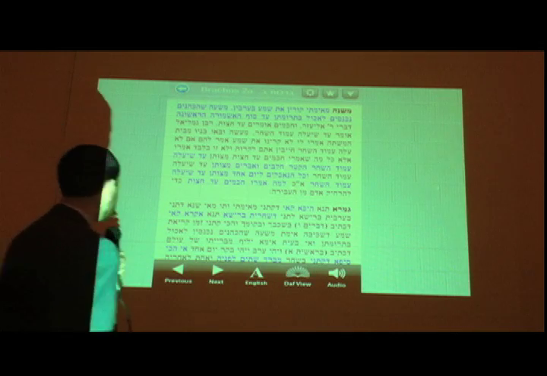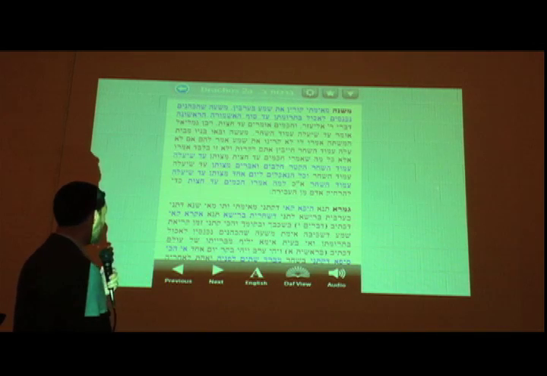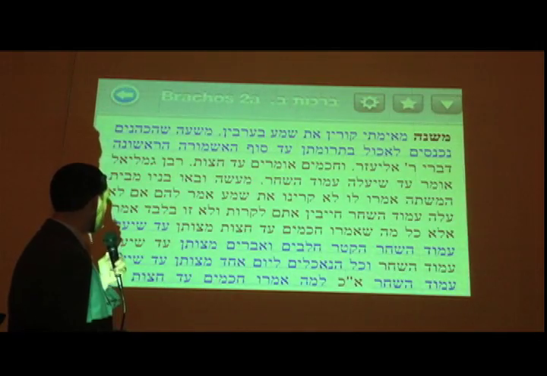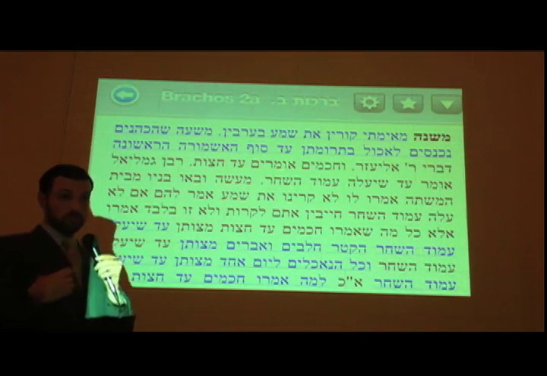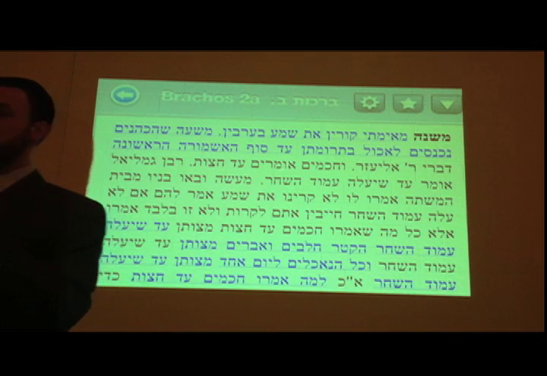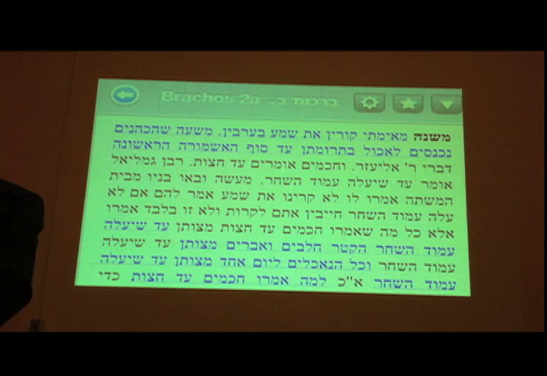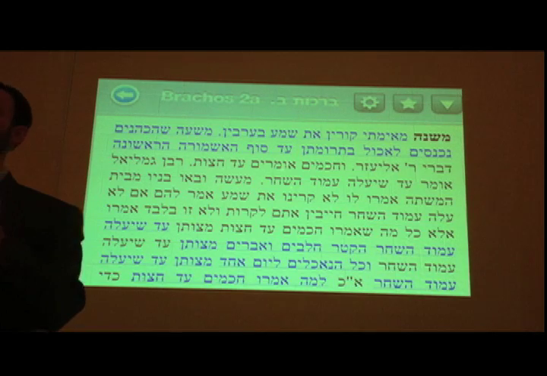The Talmud starts with the Mishnah and Brachos. The question, and if you want to make it bigger, I can just click a button, and there it comes. What time is a person allowed to say the evening Shema? And the Mishnah gets into different discussions, but you notice some of the lines are blue. Those are blue because they're hyperlinks. Because when you study the Talmud, there are different authorities.